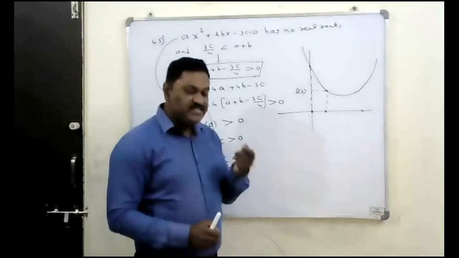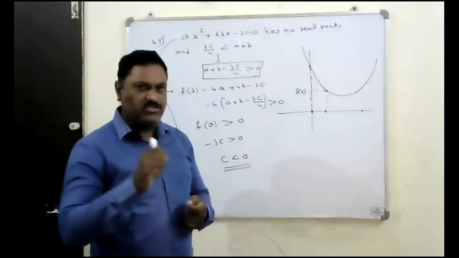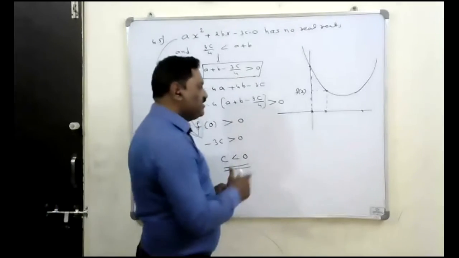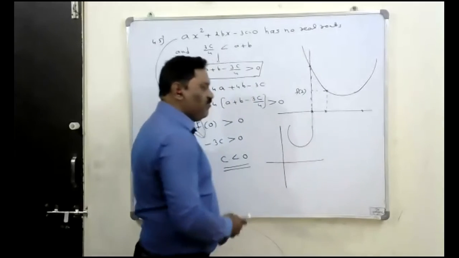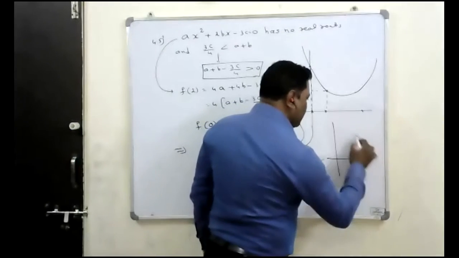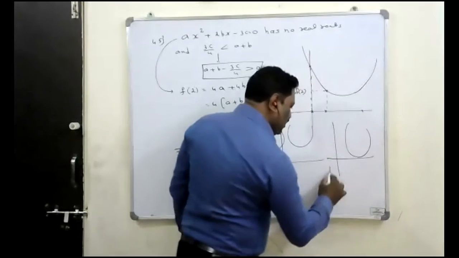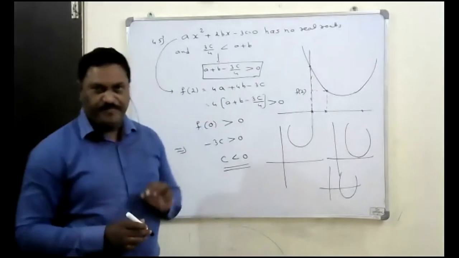If the coefficient of x square is positive, then the expression will have a minimum. That is the quadratic expression concept I gave, right? If it has a minimum, again the graph will have three positions. One is the entire graph may lie above the x-axis, or it may touch the x-axis, or it may intersect the x-axis. Like that, three positions might be there.